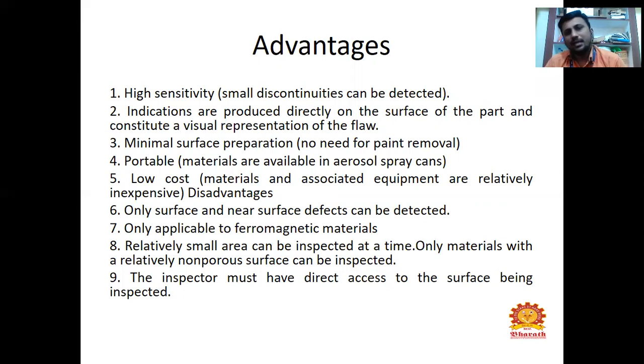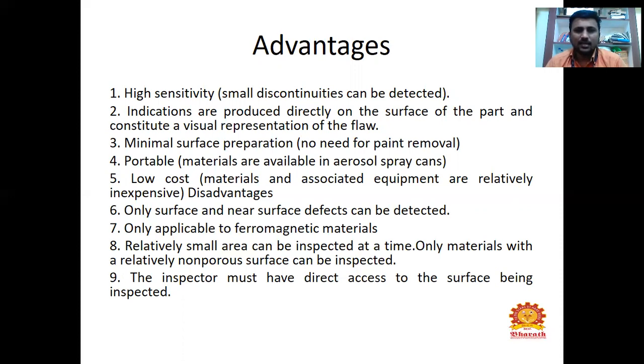Second major advantage, the indications are produced directly on the surface of the part and constitute a visual representation of the flaw. Minimal surface preparation, no need for paint removal. Portable, and materials are available in aerosol spray cans.